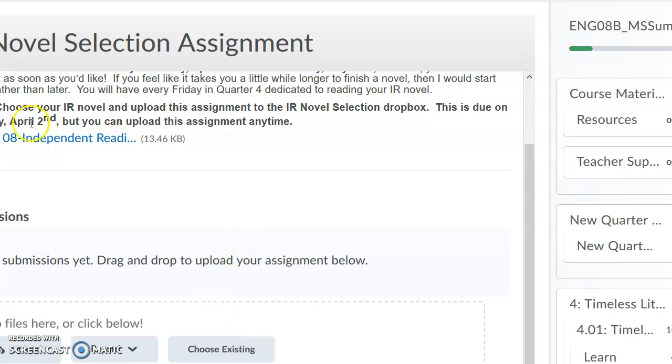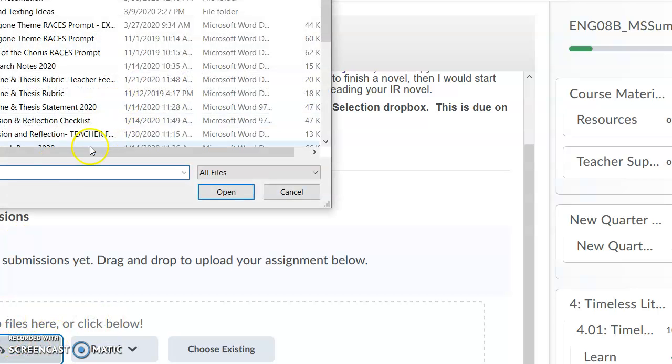And then to upload your assignment, you are going to click on Upload right here. And then from there, it should take you to your Documents folder. And you should be able to select your assignment. Mine is just being a little bit slow. There we go. So from here, I can go ahead and I can select my assignment, click on Open, and